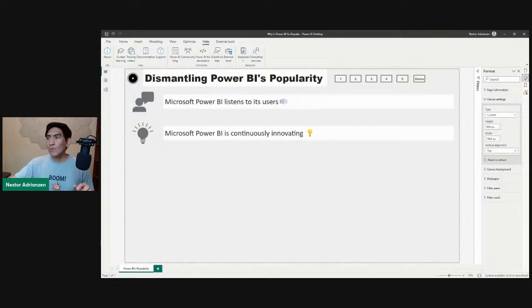If you have been following Power BI for a while, you might know that almost every month there is a new update. So there is always something going on, right? So it means that Microsoft Power BI or the Microsoft Power BI team is always listening to its users, right? They are listening to the ideas, and because of that, they are innovating also very often. So let's do something really interesting here, to see where we can find these sources to keep innovating. So let's see that.